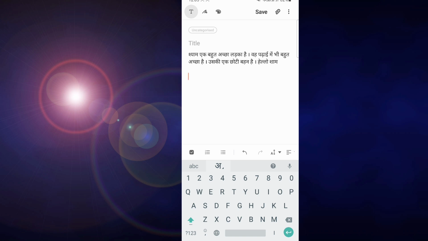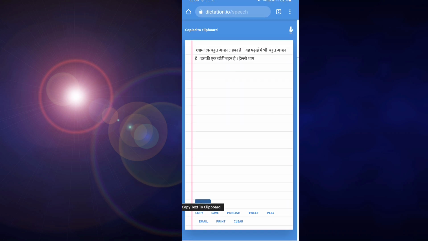Whenever you want to type your lengthy text on your MS Word, or for your WhatsApp, or for anything, you can use this method. And in this method, we are not downloading any app. Without downloading any app, you can use this method. The only condition is that internet should be available. So I am stopping my tutorial here. I hope this will be quite beneficial for you.